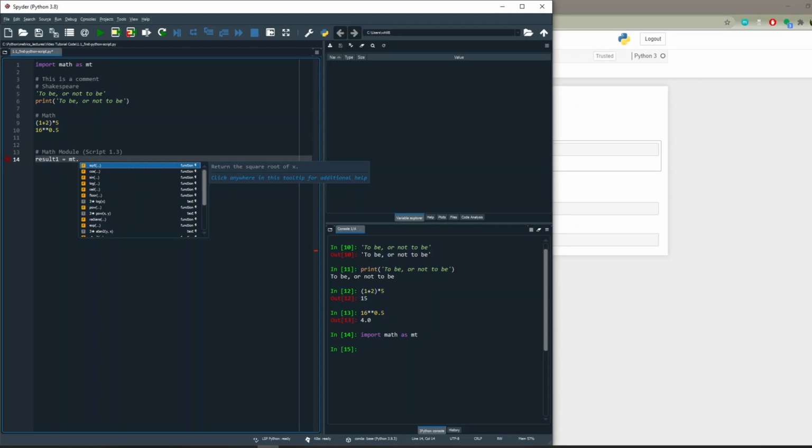MT dot, and then it's a little small here, but you've got all sorts of functions within math that you can use. So you've got square root, cosine, sine, log, ceiling, floor, and so you can call some of these formulas. We're going to call the square root function, and we're going to look at the square root of 16. Okay, we run it,